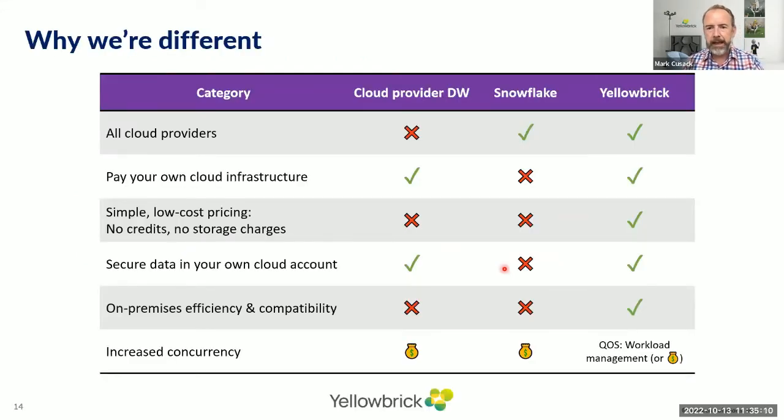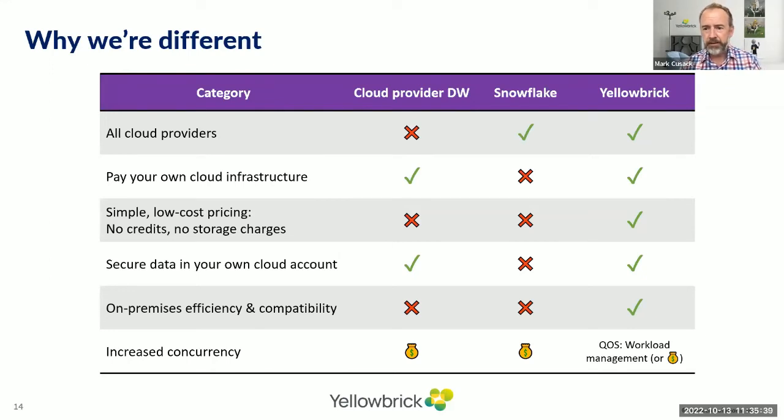And just to really emphasize the difference between ourselves and major other competitors within the data warehousing space, if you look at the data warehouse offerings that the main cloud service providers offer, obviously they're typically only on the cloud provider offered by themselves, whereas Snowflake is offered on all three major public clouds, and so is Yellowbrick. However, Yellowbrick has the added distinction of being able to deploy within your own data center as well.